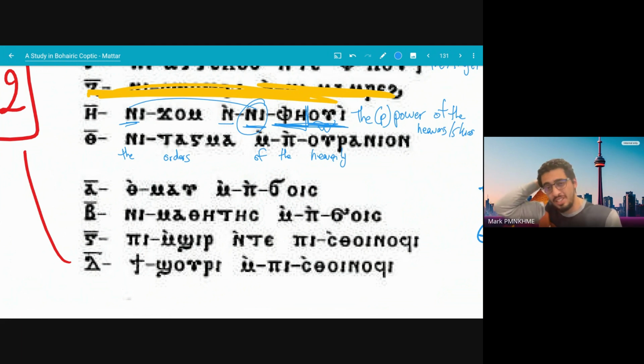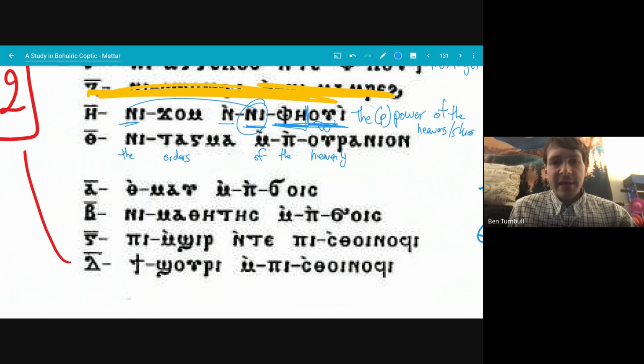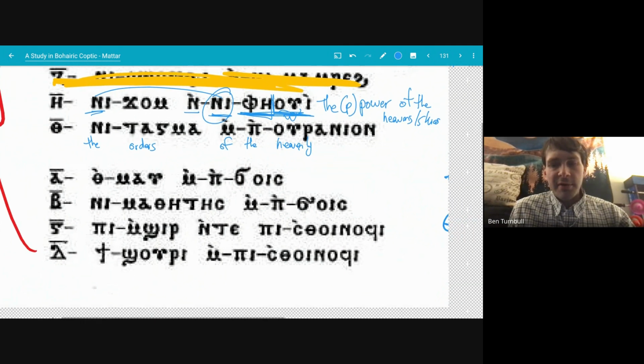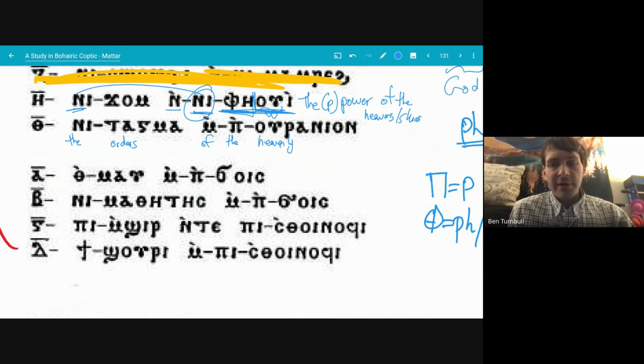At least that's how I see the translation. Is it used like a substantive noun, like of the heavenly one, or is it just the orders of the heavenly? I'm not sure. It's a Greek loan word. I'm not very well versed with Greek. No worries. I know that Uranos is a word for the sky in ancient Greek, but Uranios is an adjective. So I see what you're saying there. I'm not sure how it goes into Coptic. That's neat.